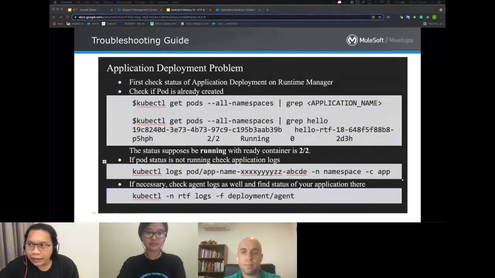The first is to check the application deployment status on runtime manager. Check whether the pod or replica is created on the runtime fabric, and check whether the pod status is running or not. Or we can check the log itself. So let me go to the Anypoint platform.